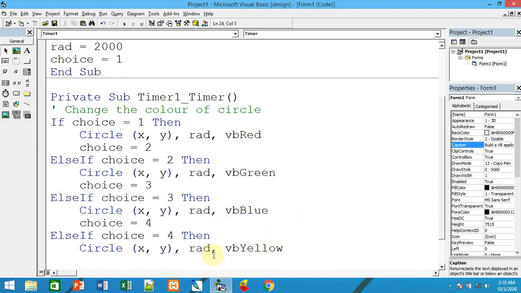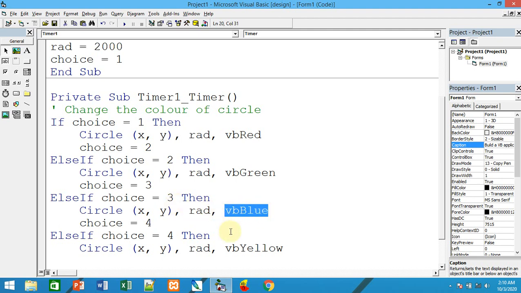The circle may be in red, green, blue or yellow color. The circle will be displayed with yellow when choice is 4, with blue when choice is 3, with green when choice is 2, and red when choice is 1. So when red, it will link to green. When green, it should turn to blue.